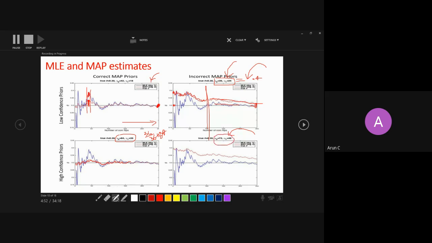It is 48 and 72. Now it will take a lot of time to converge, because it sticks to the 40% range, right? Because you have a very strong belief that it was a 40% probability of getting a head in a coin toss, because you had a very strong belief that was wrong, and you're doing an experiment.